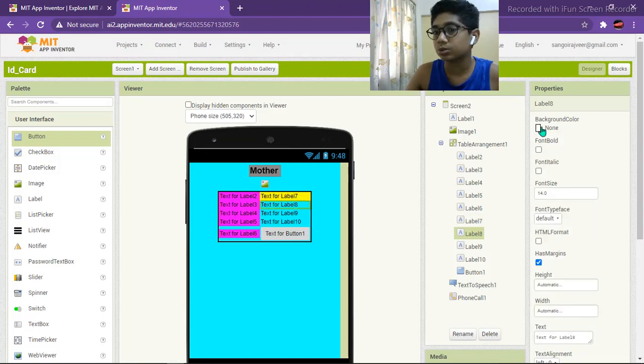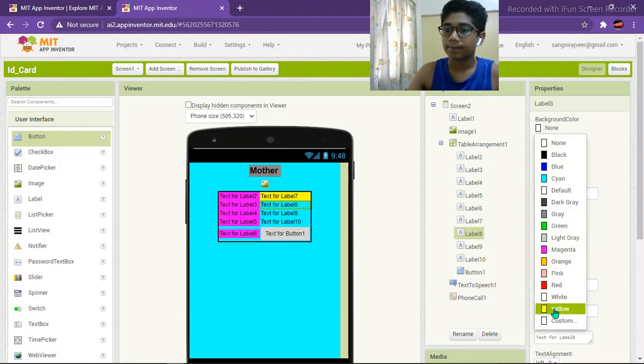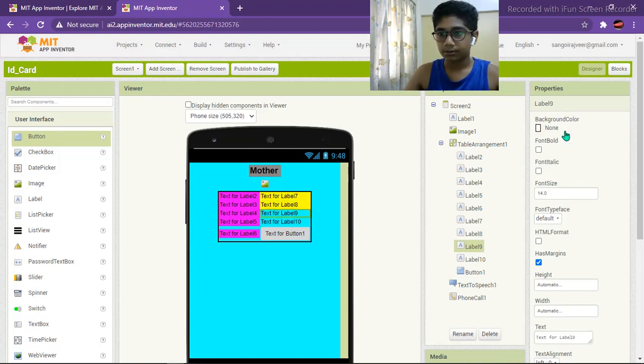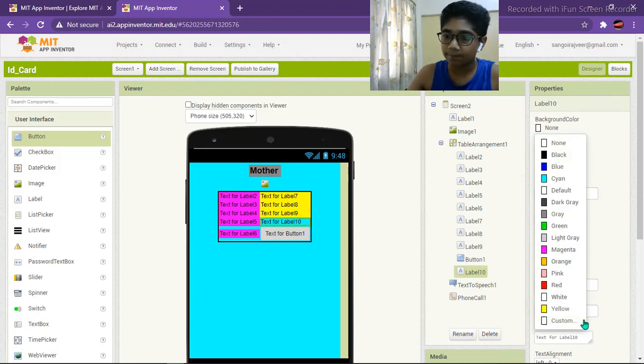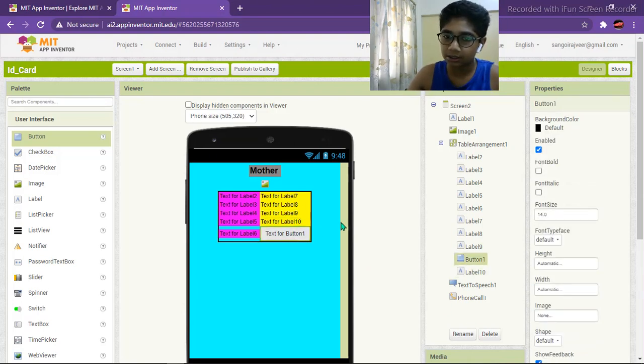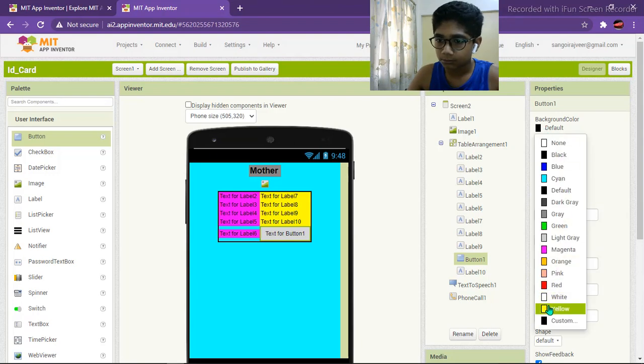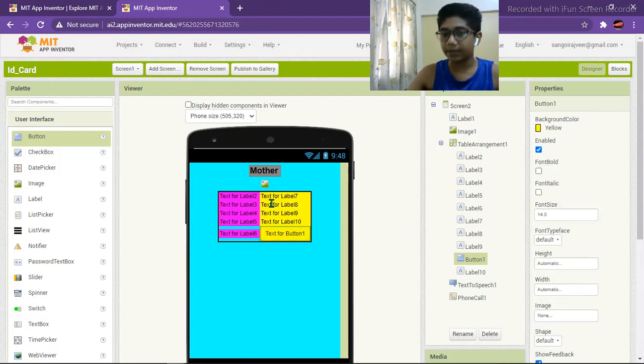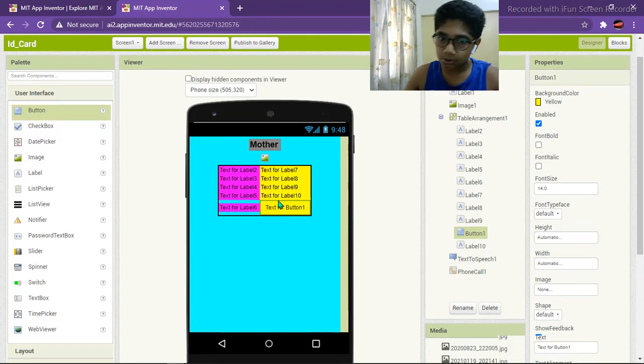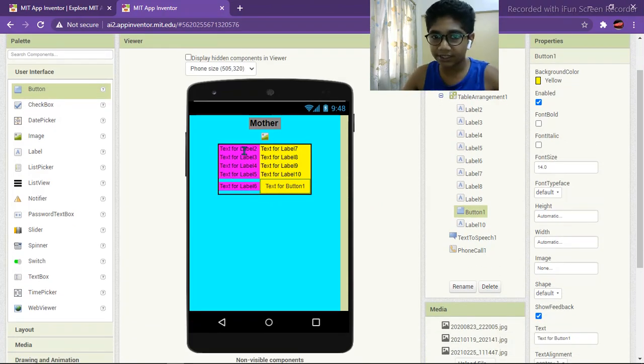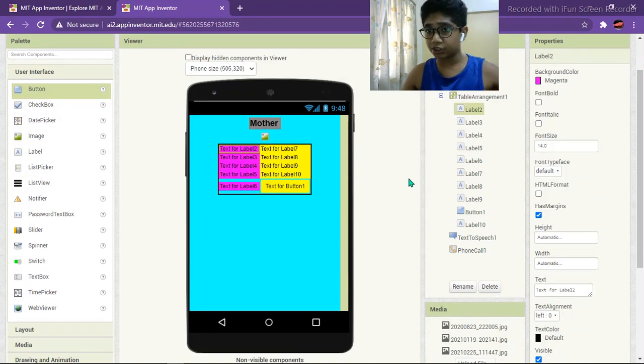And you can choose as your choice. I like the combination of magenta and yellow. So any combination you like, you can choose that. And if you want, you can make it colorful also, like magenta, gray, blue, orange, green, black, anything as your choice. So now we need to fill all the information.